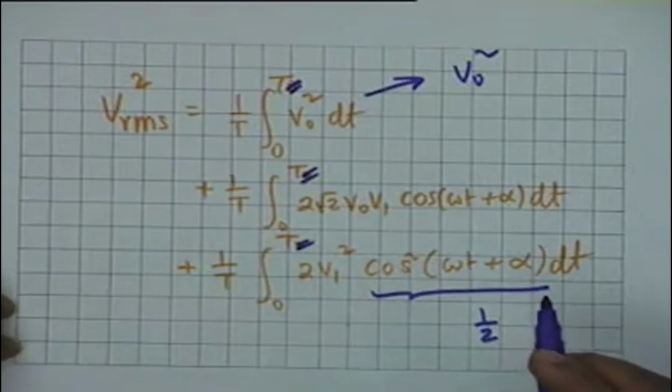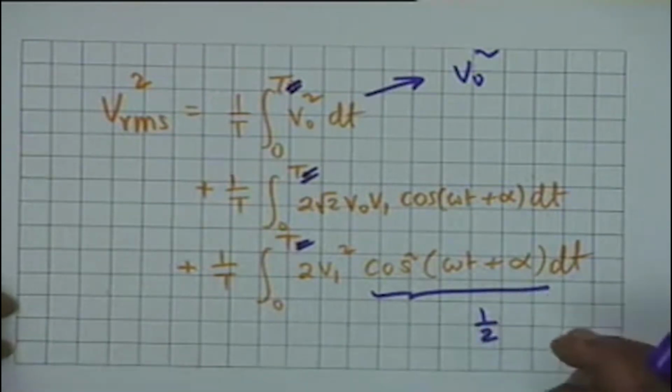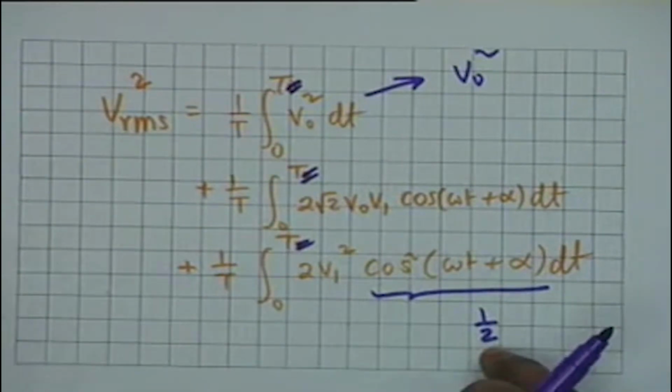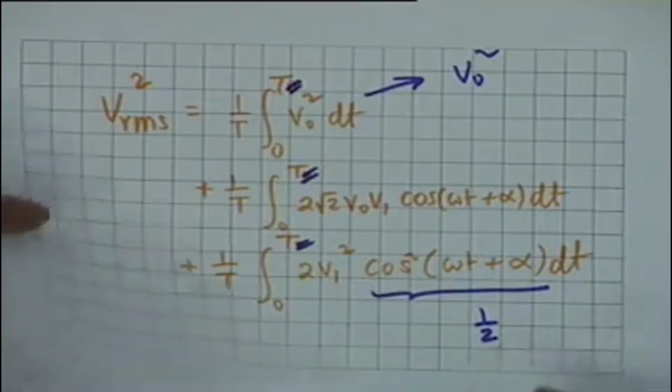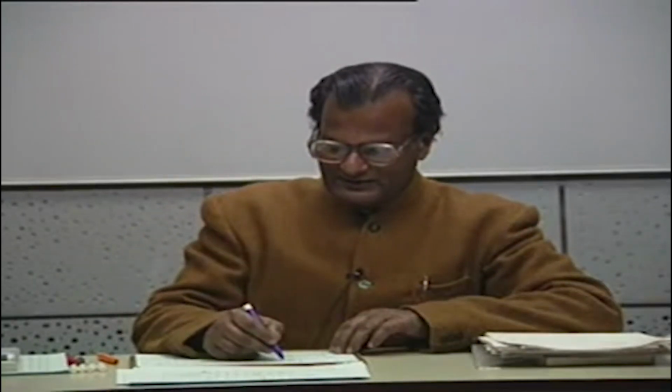Cosine squared theta is cosine 2 theta plus 1 divided by 2, and it is that 1 divided by 2 which brings in half, because the periodic waveform cosine 2 theta integrated over one time period is equal to 0, and therefore my final result becomes Vrms squared is equal to V0 squared plus V1 squared. That is it, as simple as that. And therefore Vrms is equal to square root of V0 squared plus V1 squared, and this can be extended to